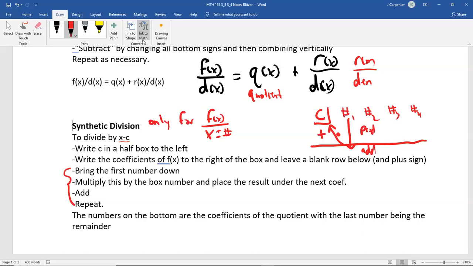And then you just keep doing the same thing. This number gets multiplied by the c. It goes 1 column to the right. You add. Multiply by the c. 1 column to the right. You add. That is going to get you every number you need for the answer so insanely fast in comparison to long